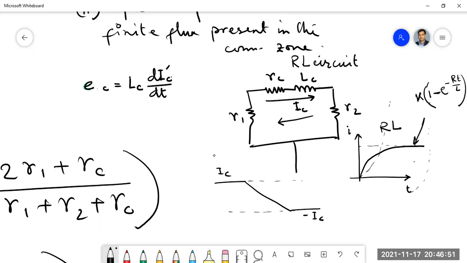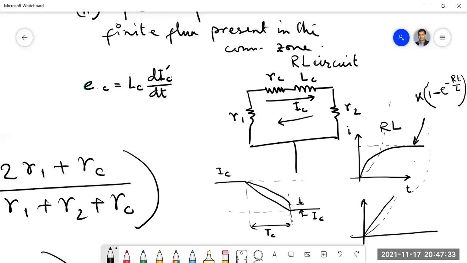It is not growing exponential, it is decaying exponential, but 1 minus a decaying exponential, so therefore we are getting a curve like this. And if we have a ramp input, then there will be some delay. So here we will get a delayed response like this. Once the total commutation time period is over, there can still be some voltage, some non-zero, finite current. So that is the problem.